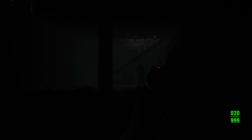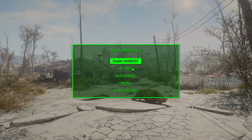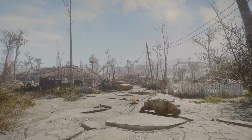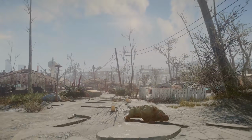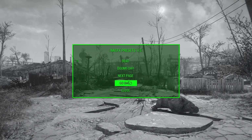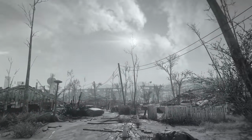In addition to the lighting and weathers, this mod also comes with several optional presets that you can combine together for just an in general different visual look. You can use these one at a time or stack them all together for a very unique look. This is definitely one of those features that it'll either really appeal to you or really not. I'm not personally someone who likes to tinker this much. I kind of like how it looks out of the box,